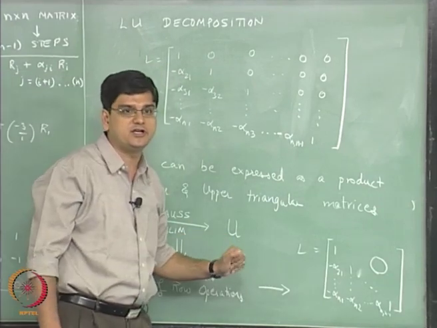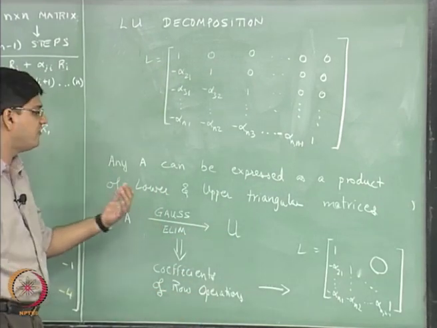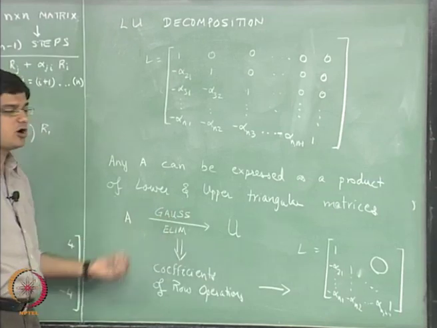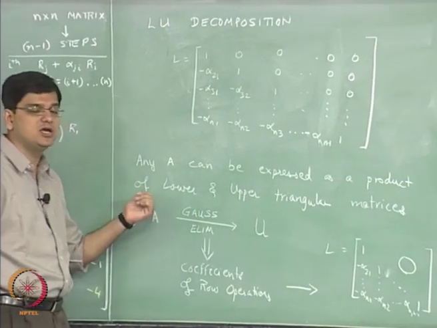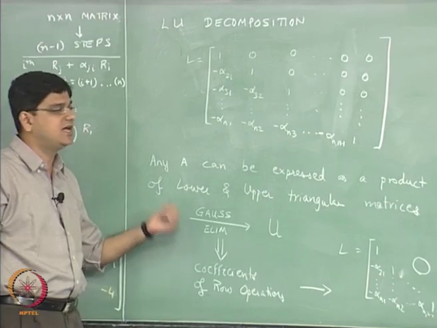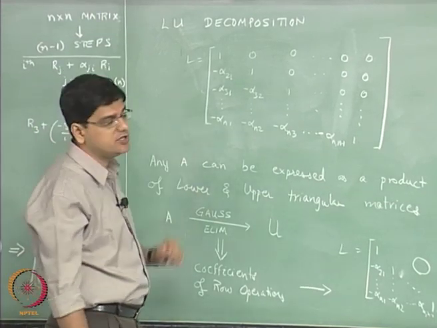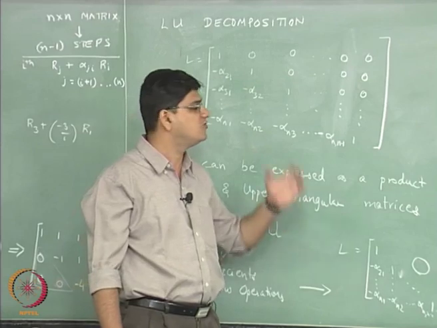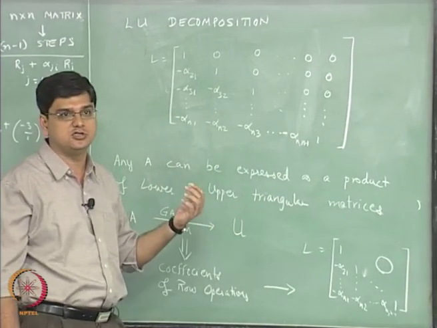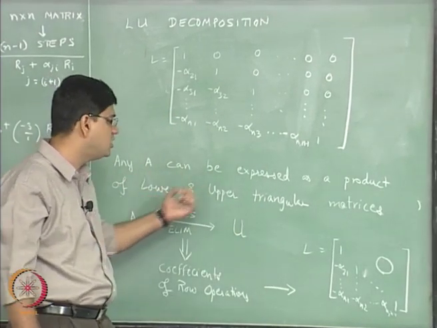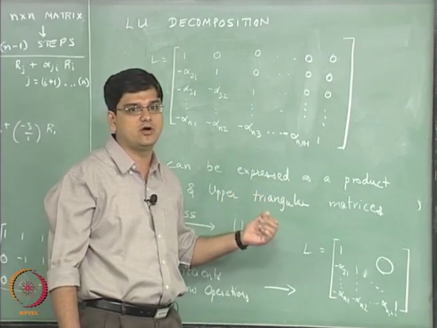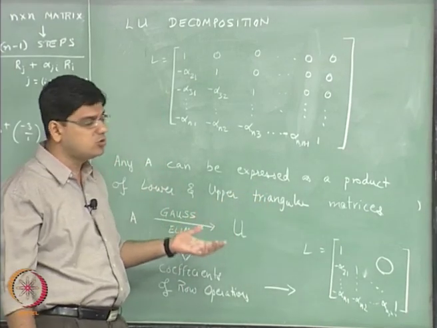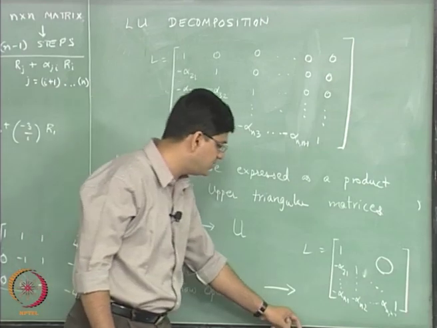The upper triangular matrix is what we get as a result of the Gauss elimination step, and the product of the two matrices is going to be the matrix A. So, that is the idea behind the LU decomposition. Now, the question is, where is LU decomposition useful? So, fine, we have now gotten the matrix L and we have now gotten the matrix U. What do we do with the matrix L and the matrix U?